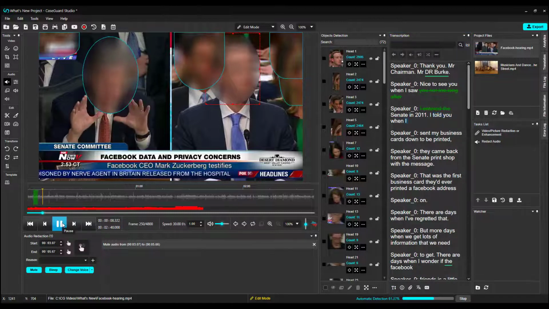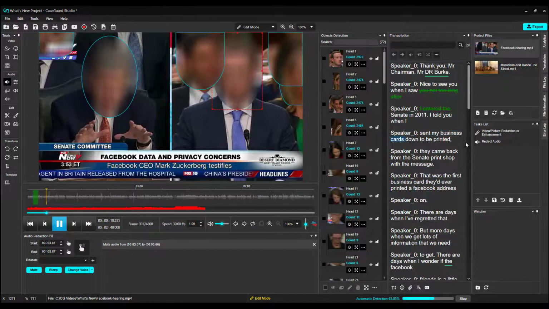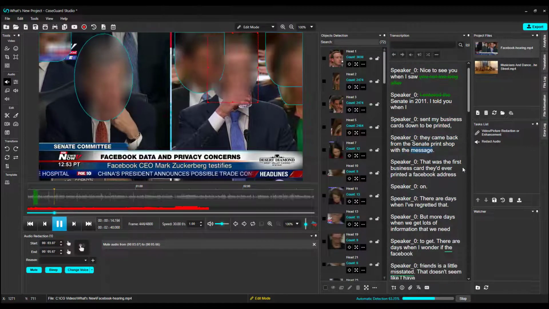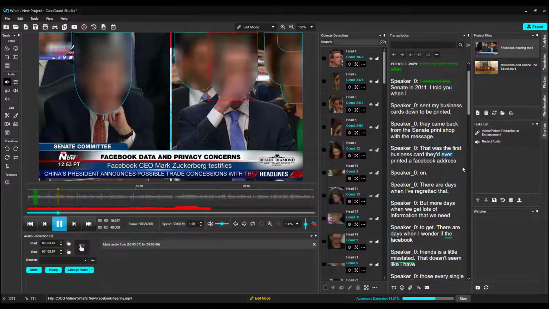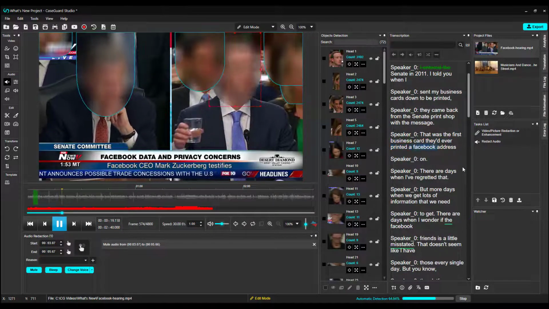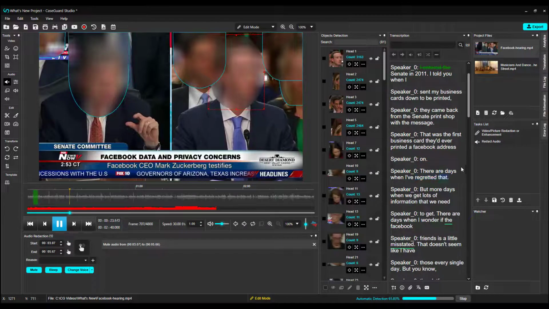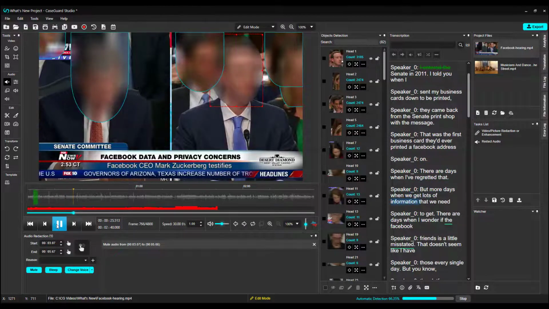told you when I sent my business cards down to be printed, they came back from the Senate print shop with the message that was the first business card they'd ever printed a Facebook address on. There are days when I've regretted that, but more days when we get lots of information that